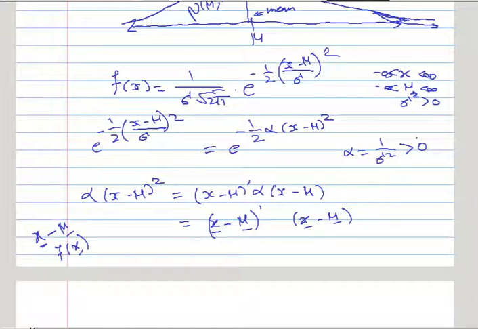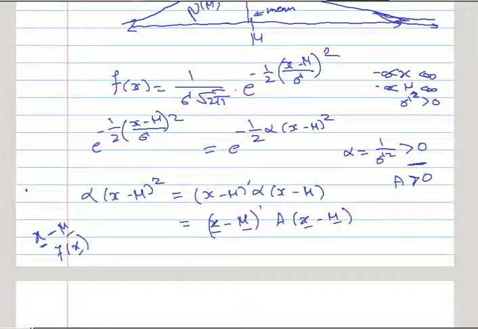And now alpha was a positive number or non-negative number. If it is exactly equal to 0, then it will be a degenerate distribution. So alpha, being a positive number, can be replaced by a positive definite matrix, as we have seen in the previous lecture, the analogy between a positive number and a positive definite matrix. That analogy is used here. So if alpha is positive, then we are going to consider a positive definite matrix A. So instead of alpha, I am writing here A.